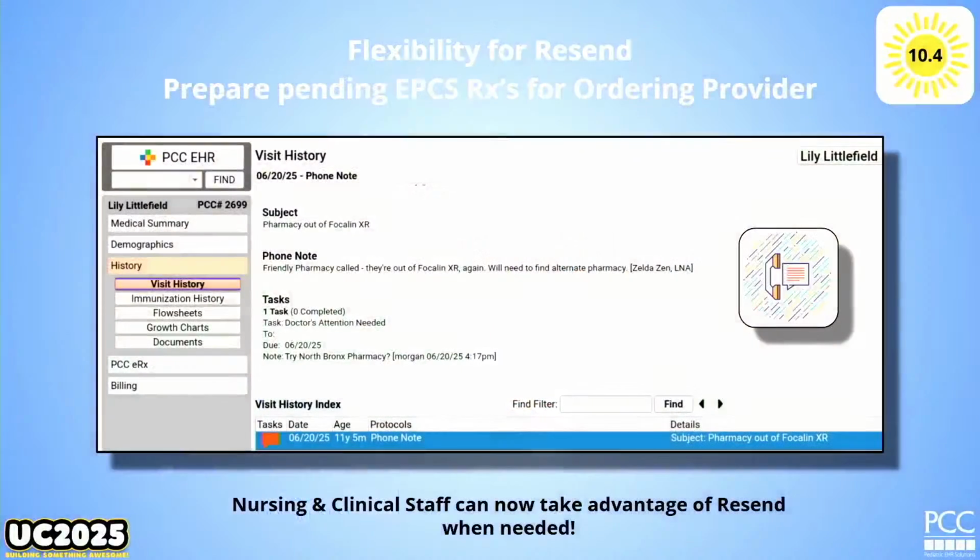So they're the ones getting the phone call, they're writing you a task, they're putting a sticky note on your door, they're finding you in the hallway, and you're like, oh, okay, don't worry, all that's gonna be fixed. So first up, just imagine that you have this phone note in Friendly Pharmacy, one of my favorite fake pharmacies. They don't have this stuff. Instead of having to write that manual task or go find you in the hallway, they can prepare this for you and put it on your queue so you can do the resending.